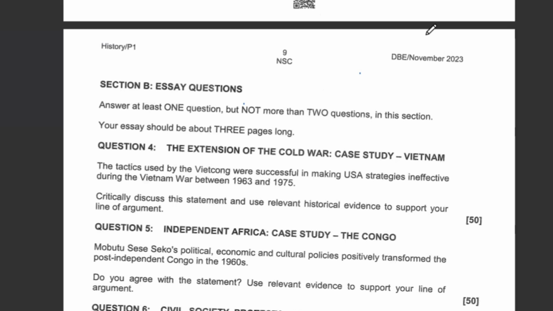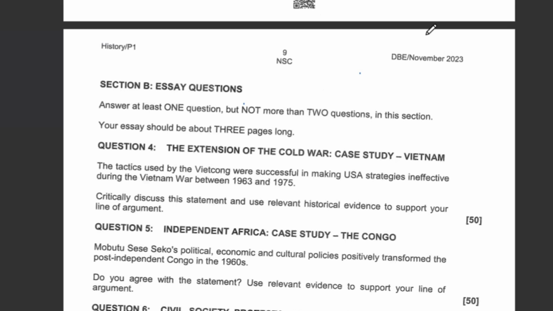So we are saying here that the Viet Cong used the Tet Offensive in the Vietnam War. What was the Tet Offensive? The Tet Offensive involved surprise attacks on American controlled cities. How did they attack those cities? They ambushed USA controlled cities and attacked them. By ambushing, you are attacking from a hidden angle. So they would attack a city from a hidden angle and at unknown times using unknown strategies. That was the Tet Offensive. They were making surprise attacks.